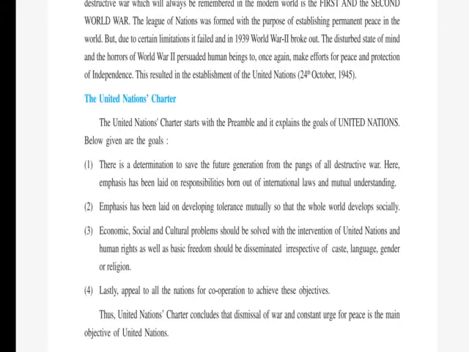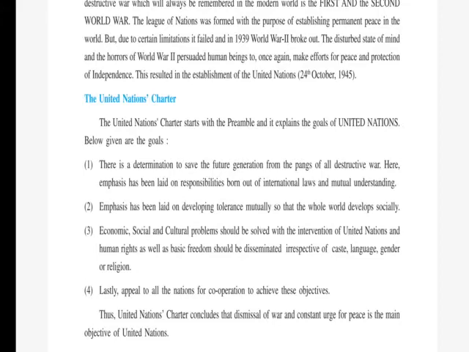In the same way, the United Nations Charter starts with a preamble and it explains the goals of the United Nations. Which are the goals described in the United Nations Charter? So they are